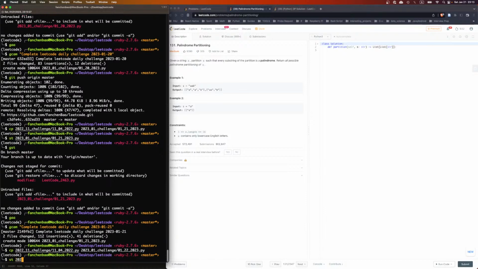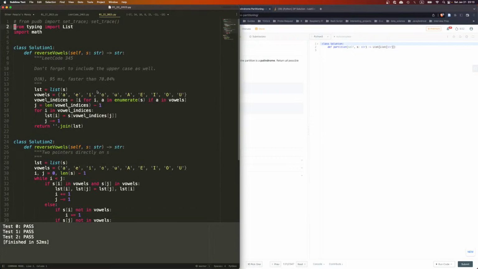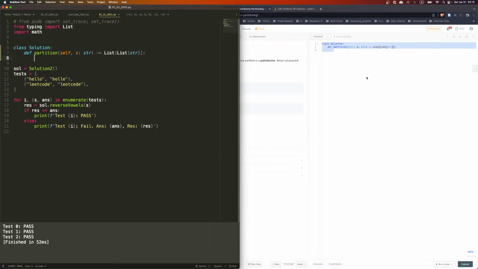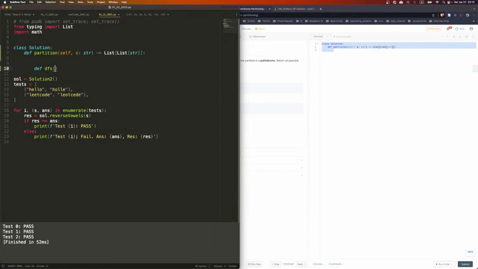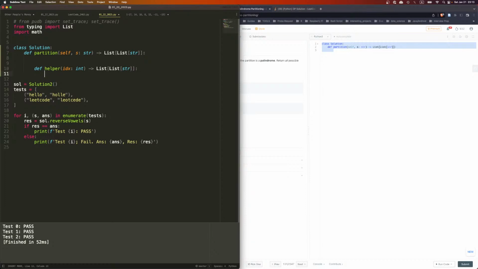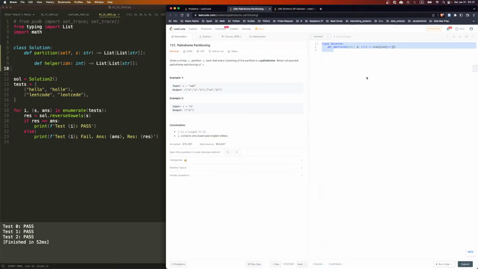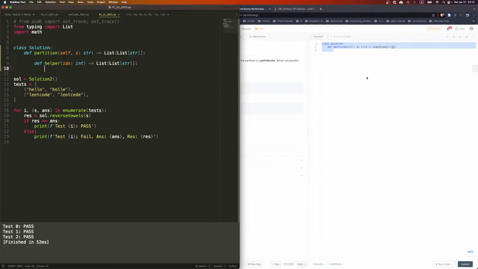We'll deal with it. We're going to do a recursion for this. So def, call it DFS, we'll call it helper. We have index, and we'll return a list of str. Actually, there's no res. What we're going to do is take the first one, because that's definitely needed, and then we just keep moving on. All right, so we say for i in range,